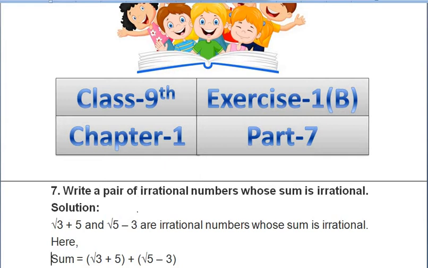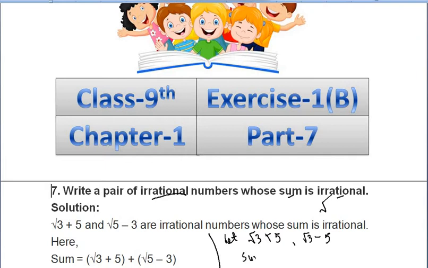Question number 7 is saying: write a pair of irrational numbers whose sum is irrational. Irrational numbers are those numbers which have an under root. Means we have to find a pair of irrational numbers, the numbers should consist of under roots, and their sum should also be an irrational number. So let us consider two numbers. Let two numbers be under root 3 plus 5 and under root 3 minus 5,